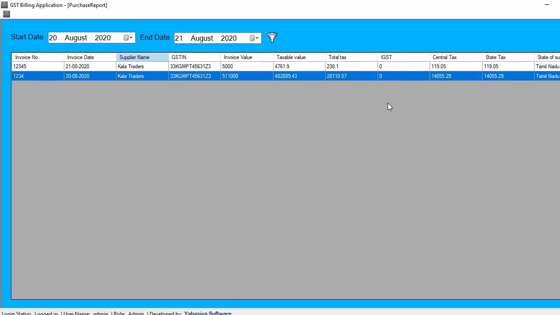So it will give you the purchases that we made between two days in a tabular form. We can see this as of now. If you want to take the printout, that is the next step. I am going to implement that feature in the upcoming days.